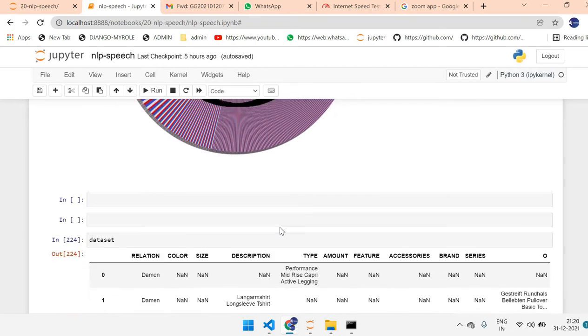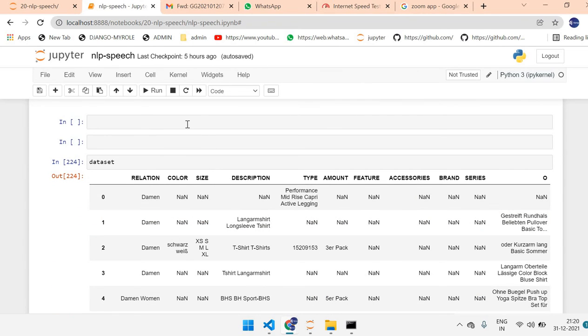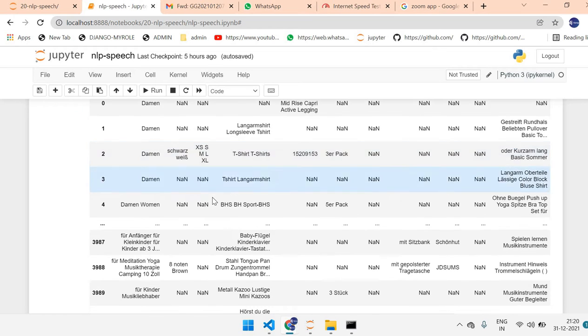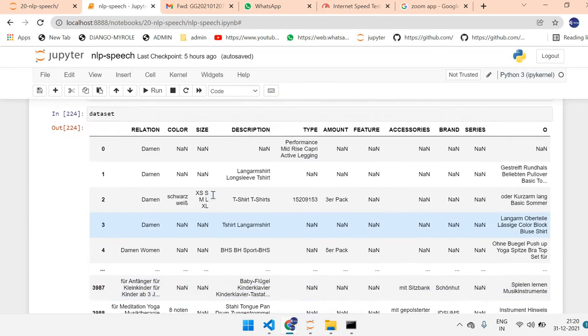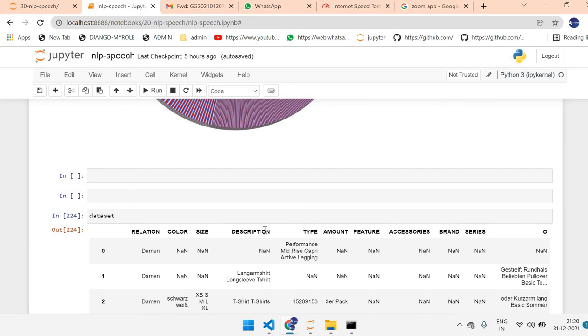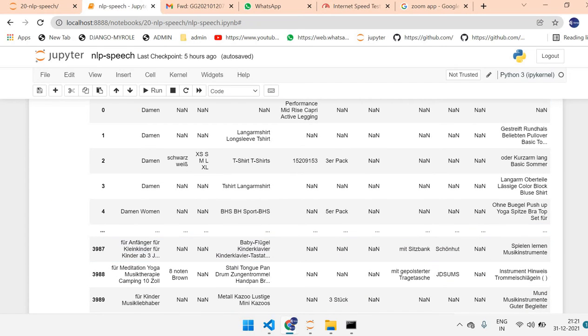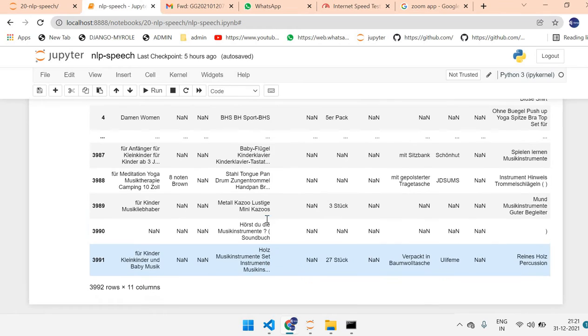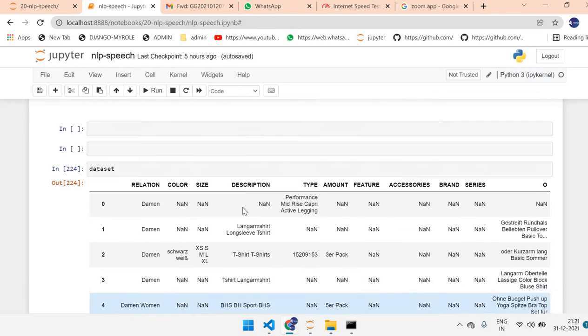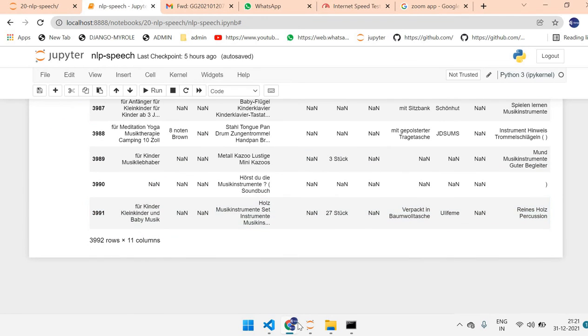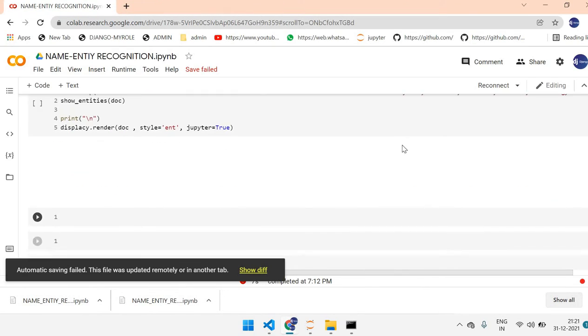Why am I using two? Actually, I am using two Jupyters. One is Jupyter, another one is Google Colaboratory. My system requirement does not support one thing, that's why I am facing one error. Not a problem, both are the same. This is the first thing: first we have to upload your database. After that you have to check how many rows and columns, which is the column, which is the rows, which is the data we want: description, size, color, relationship, whatever it may be. After that go to the another part, like the format you are asking about. I will show it. Don't worry.